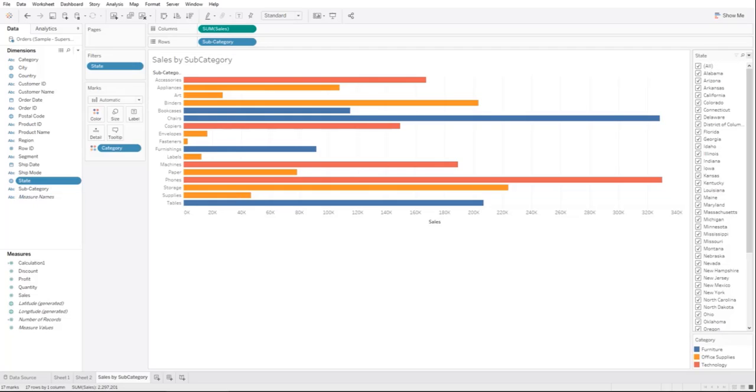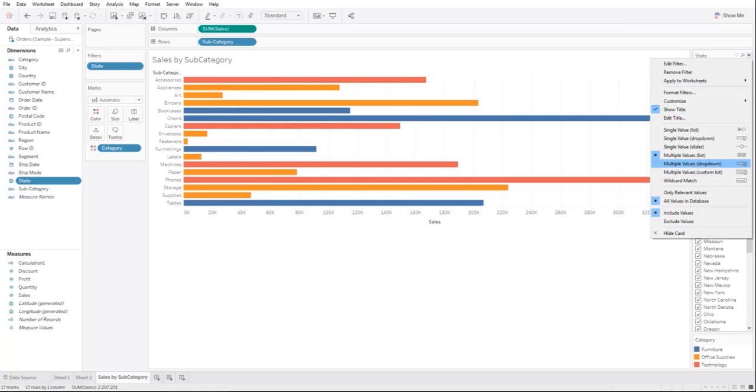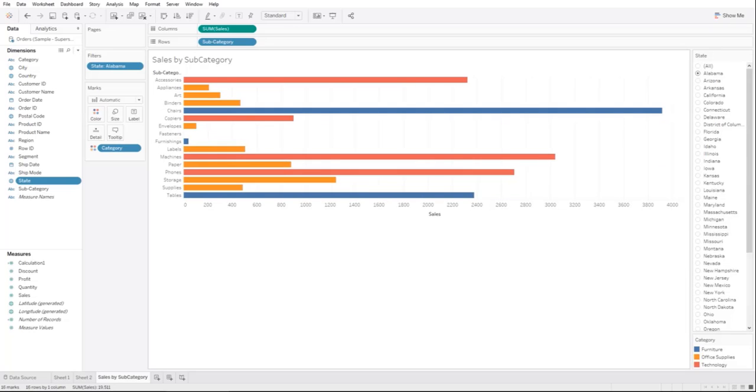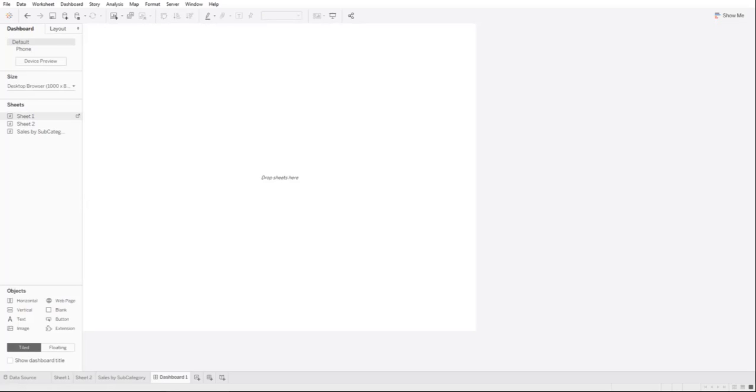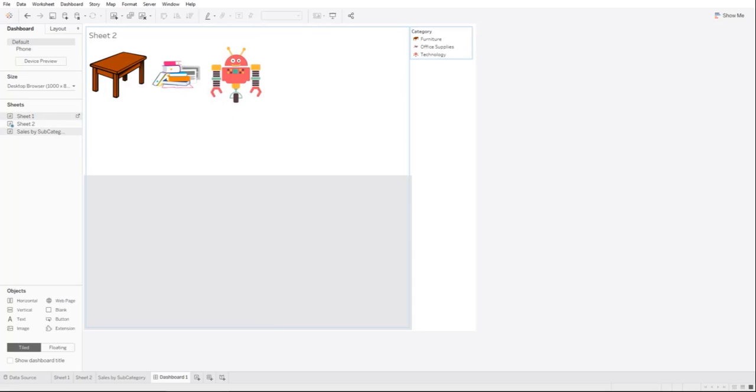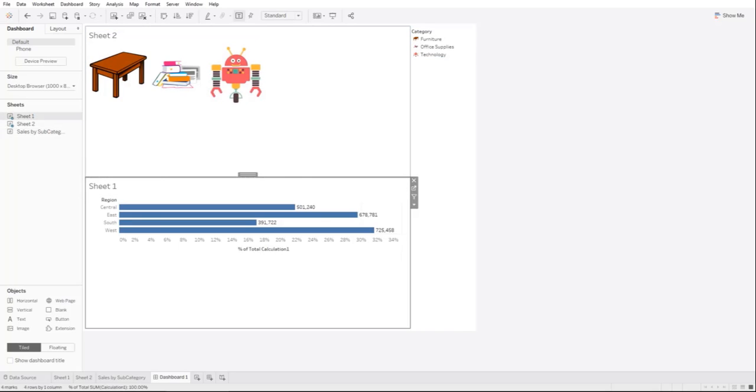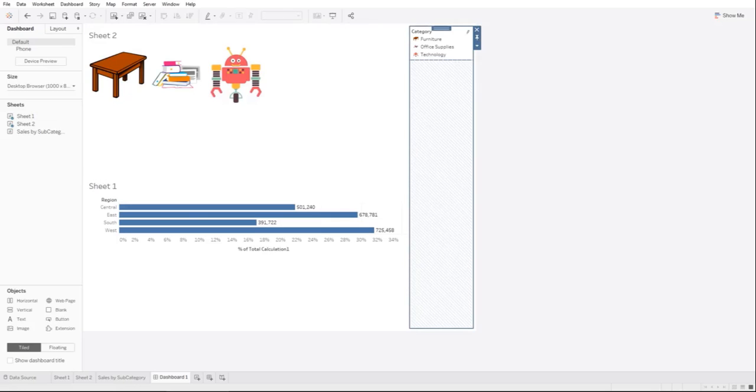We are going to change the filter from a multiple value list into a single value list. Afterwards, we're going to go ahead and open a new dashboard, and we are going to drag in each of these sheets. So we're going to drag in our first sheet, and right below it we are going to bring in our second sheet. And since we already have the pictures as the legend, we don't really need the legend over here,